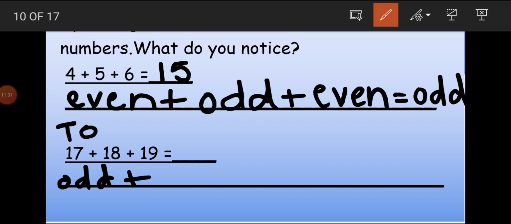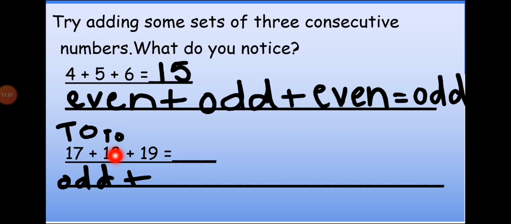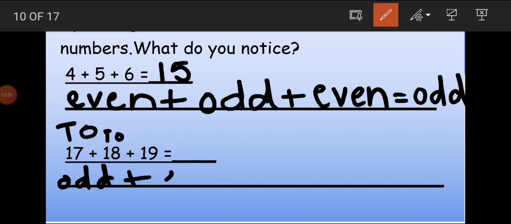Look at the second number, 18. 8 is ones and 1 is tens. So 8 is on the ones place. When we have to check whether a number is even or odd, we always look at the ones place. Here on the ones place is the number 8, and 8 is an even number because it's a multiple of 2. We can divide 8 into exact pairs of 2, into 2s. So we can say the whole number 18 is an even number.